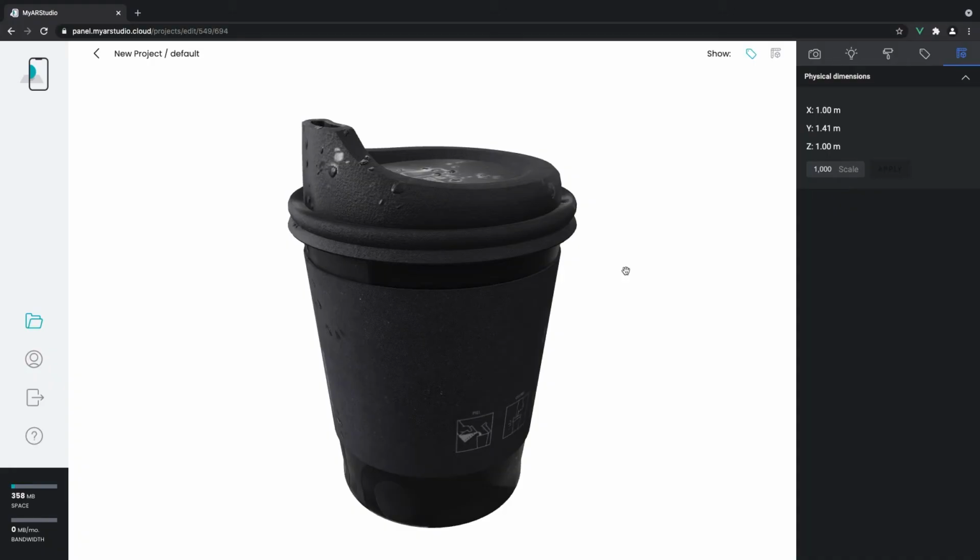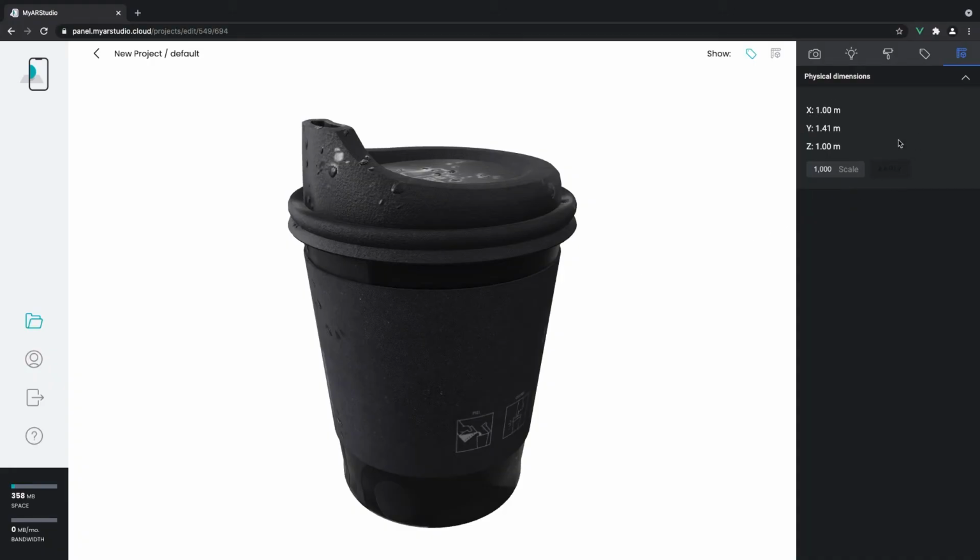The suggested workflow is to set the physical dimension of your objects in your 3D modeling software or CAD system you use to build your 3D models. When you export to GLB, keep in mind that 1 unit in the modeling software equals 1 meter in the real world. You can modify the object dimension from this panel.